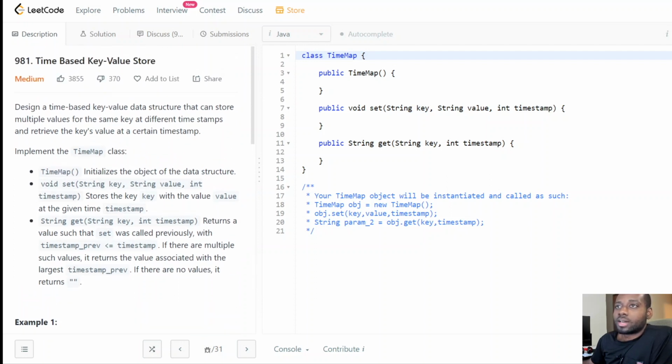It says design a time-based key value data structure that can store multiple values for the same key at different timestamps and retrieve the key's value at a certain timestamp. Very interesting. Off the bat, they're telling us exactly what they want us to do. We'll be doing some kind of key value data structure, which you can think of as a hash map. There can be multiple values for the same key,